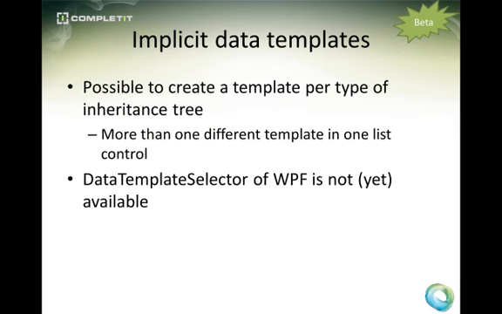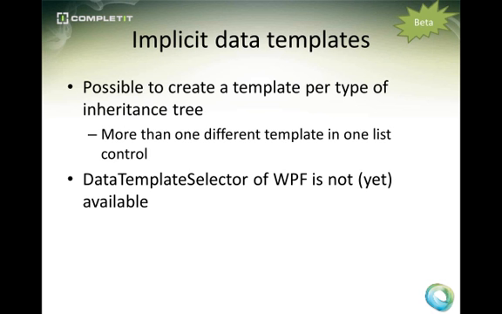Now, using implicit data templates, it becomes possible to have within, for example, a single list box, several data templates applied. How is that? Well, assume that you have a simple inheritance tree with a shape class as the base class, and a rectangle and a circle class that inherit from that shape class. And assume that you are binding a list or an observable collection of shapes to an items control, a list box, for example. And I have created an implicit data template for the shape, for the circle, and for the rectangle. And when I bind that list box